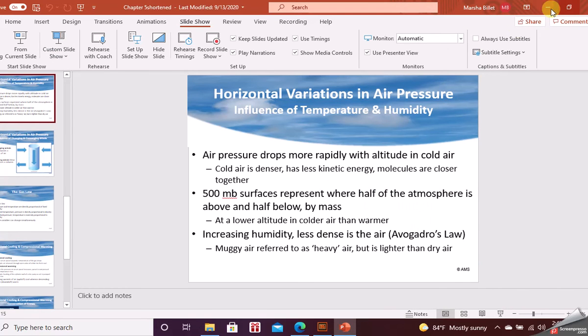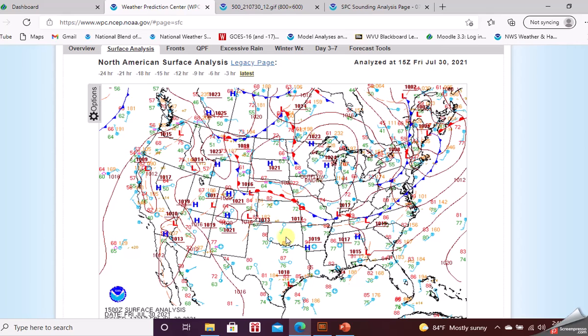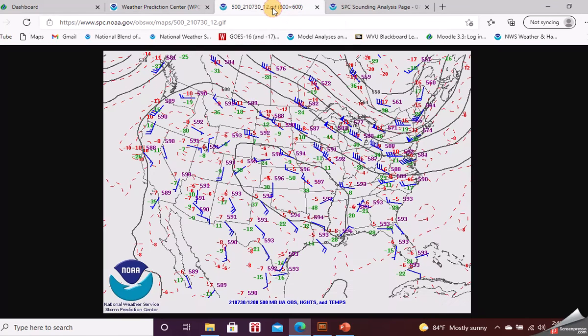So today, for example, here it's very, very warm out in the west, in the Midwest right now. So you would think that that would mean that above that, there would be higher pressures. And if you look at the 500 millibar, there is. Okay, now what about up here in the Northeast? Here's a trough of very deep low pressure.